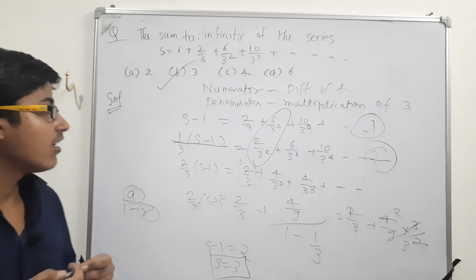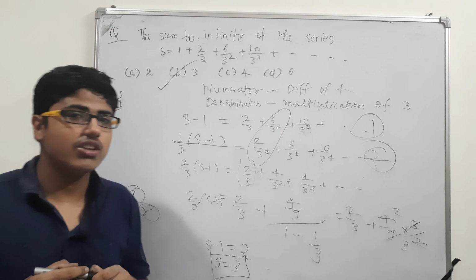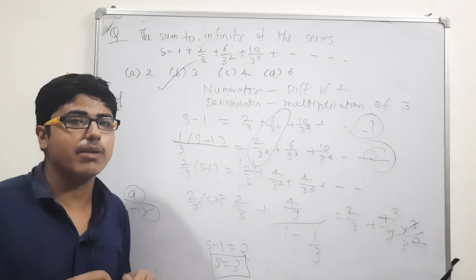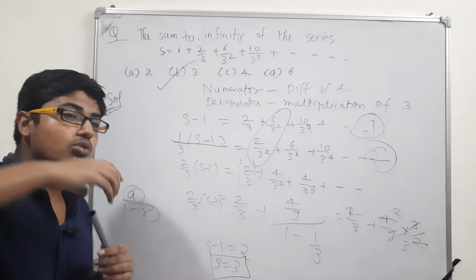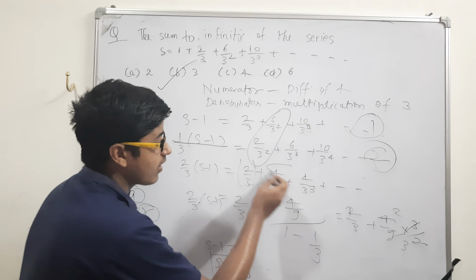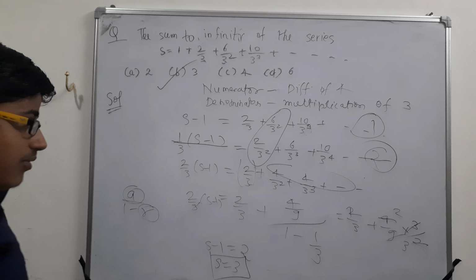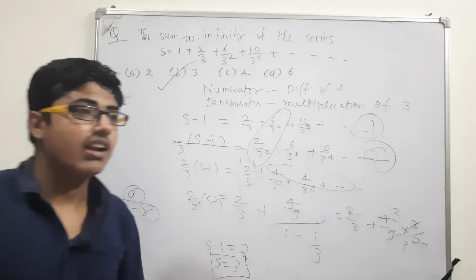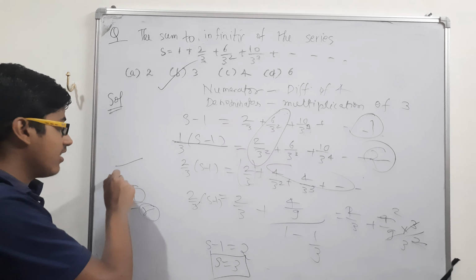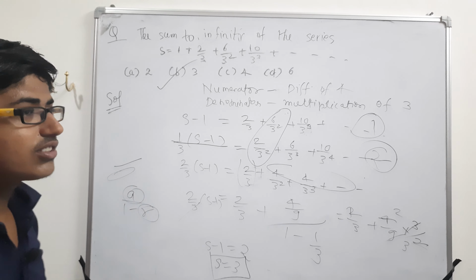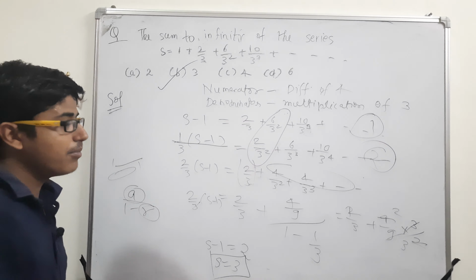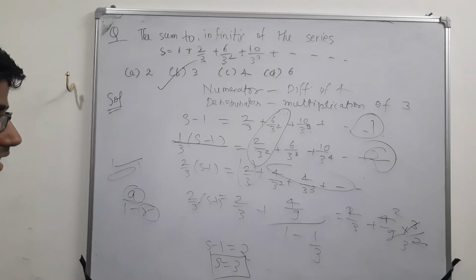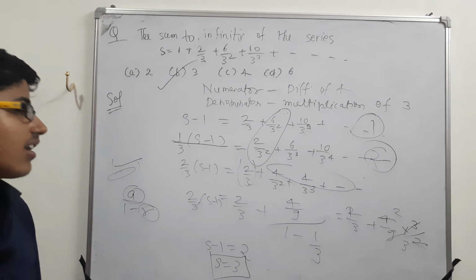Let me make it clear to you what we did here. Multiply the series with the same number which is getting multiplied in the denominator. Why did we do so? So that the numerator terms will equalize because the increment was equal. So if you subtract this from this, you will always get the same numerator, and the denominator is getting multiplied by something, so you will get a GP with common ratio less than 1, and you can definitely add that by the formula a upon 1 minus r, and you will get this answer.